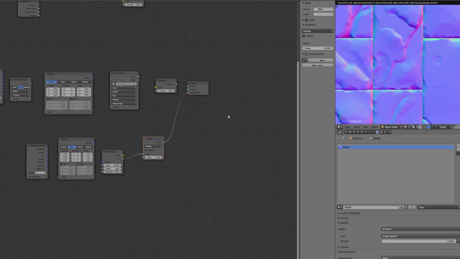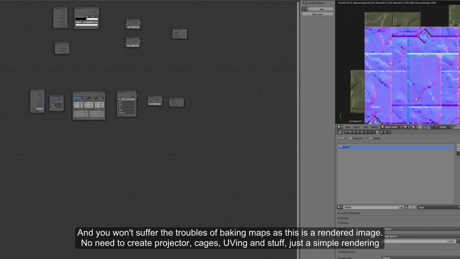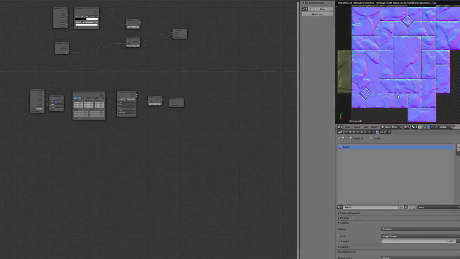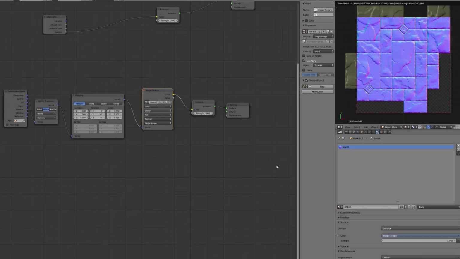That's going to be really useful if you want to add more detail, or if you are working on another surface, like metal or something, and you want a rust effect. That's going to be a good way. So I will now show you how to recreate this, but without using any image texture, which is the normal matcap here. So to create this